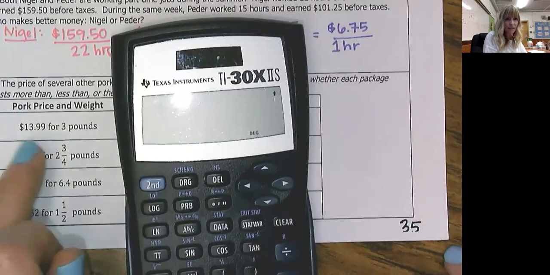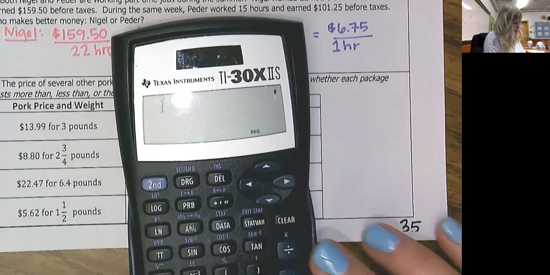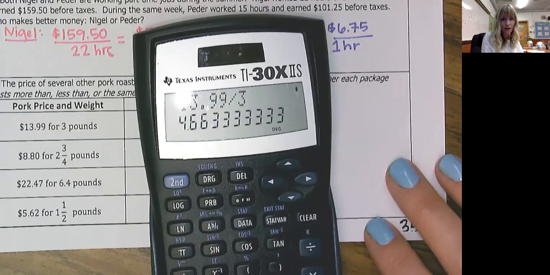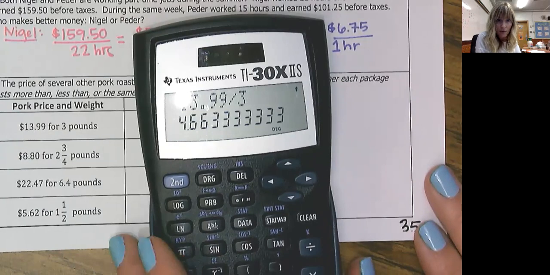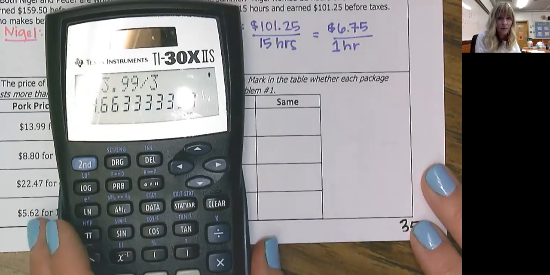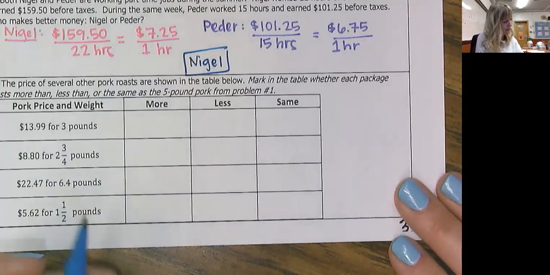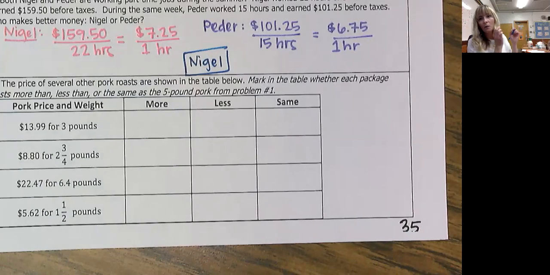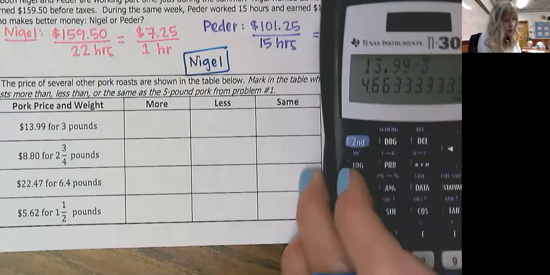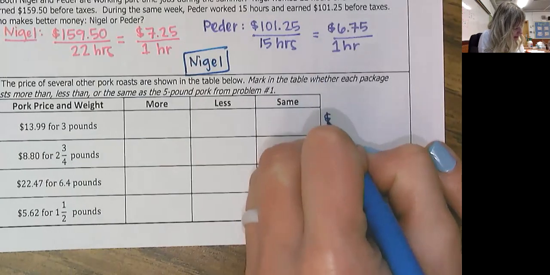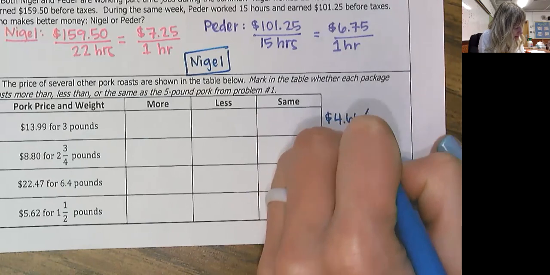So if this one is $13.99 for 3 pounds, I'm going to do dollars divided by pounds because I want to figure out cost per pound. I can't do this comparison when they're all out of different things. That one was out of 5 pounds. This one's out of 3 pounds, 2 3/4 pounds, 6.4. They're all out of different things. So if I want to make a comparison, that is what I need a unit rate for. All right, so this was $4.66. So I'm going to write this, $4.66 for 1